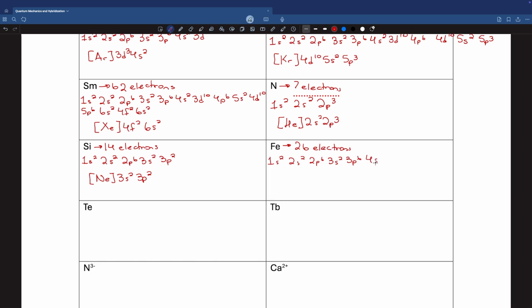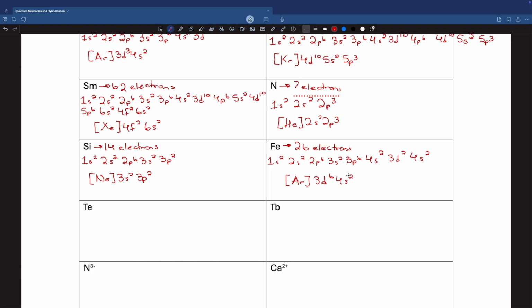And we'll keep going to the 4th shell, which is 4s2, and the final shells that we have left is the 3d and the 4s shell. And the largest noble gas, which is smaller than iron, is argon, Ar, and we are left with 3d6